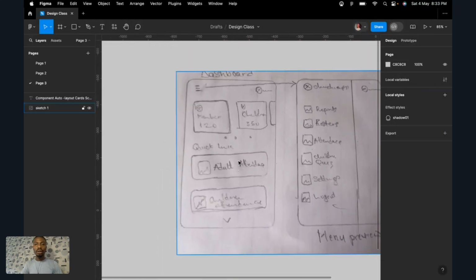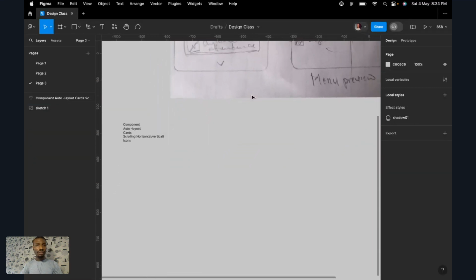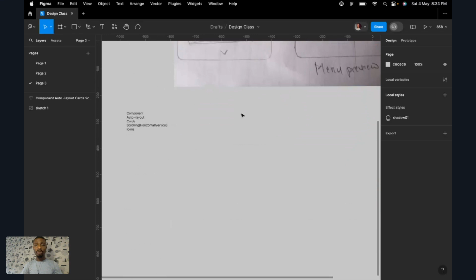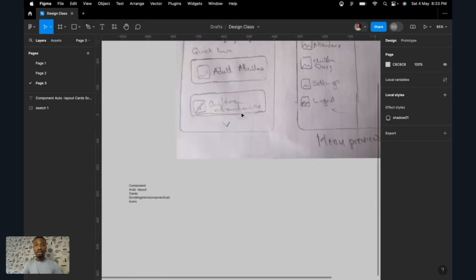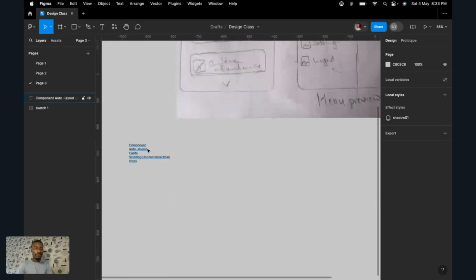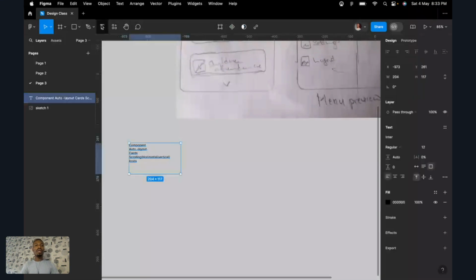All right, so back to this, we have a screen. So what's the first thing you need to know? This is Figma. We are using this opportunity to also learn the basics of Figma for those who are just coming into product design, UI, UX design for the first time. Okay, so when you check your Figma,